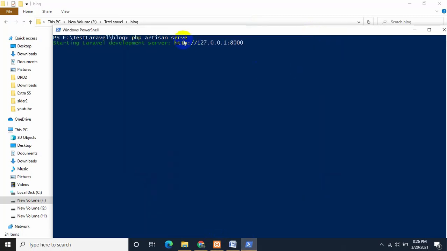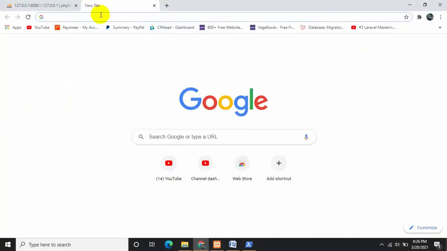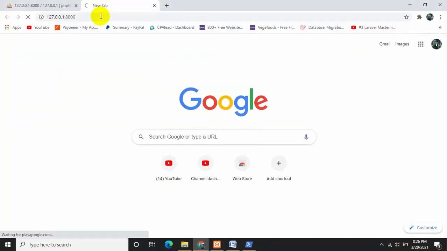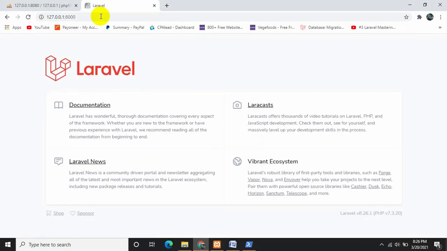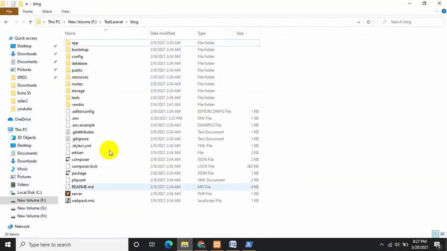So I'll just copy this link and paste it over here. As you can see, this is our project. So let's go back to our project folder, and here I'm going to talk about all the folders.